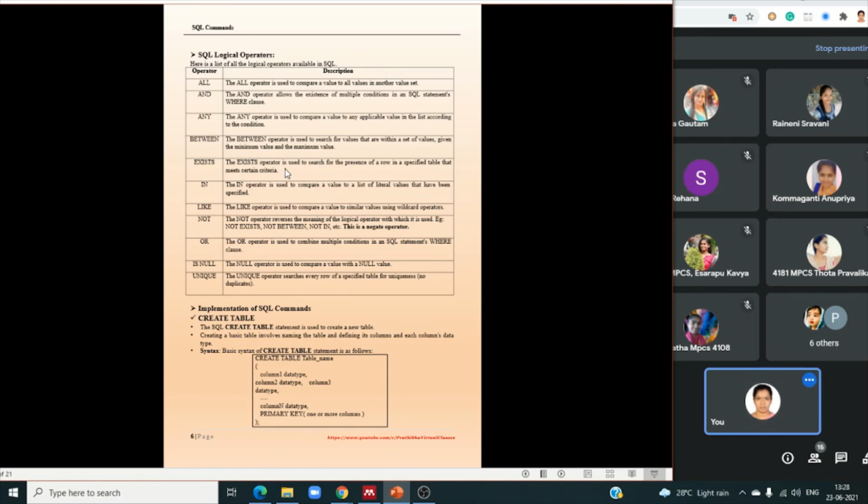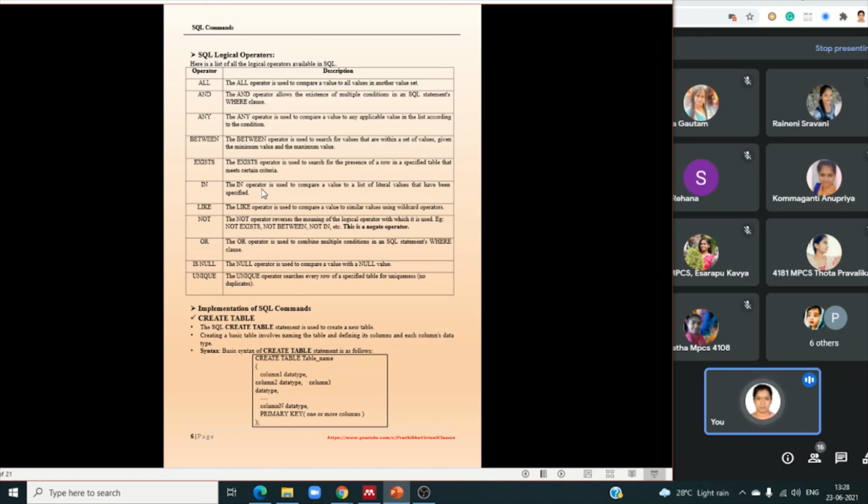Exists. This operator is used to search for the presence of a row in a specified table that meets certain criteria, to check whether that row is present in that table or not. To check for that, we can use exists.